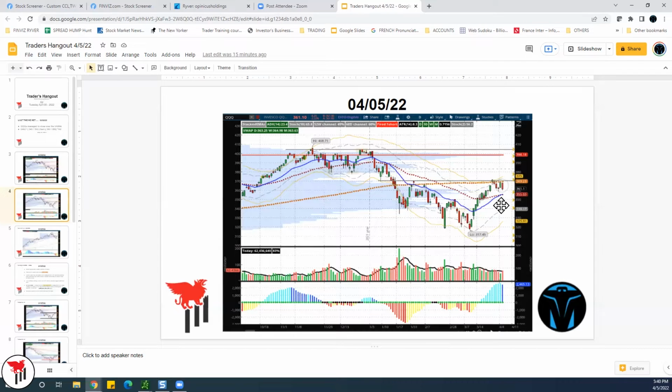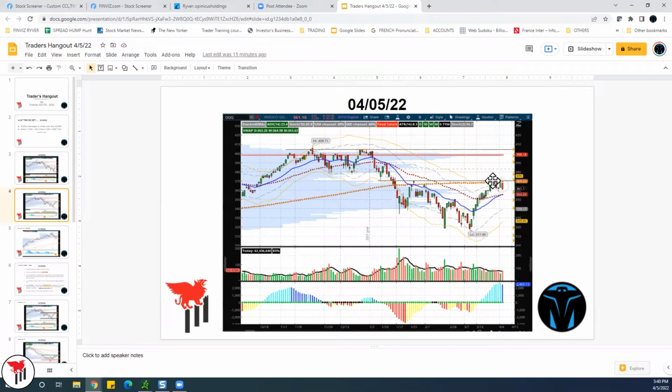We have a 3-day pullback right into 350, 360, I think 360. So for those of you that are part of the Opinicus community, we have that called out as a swing trade last Wednesday, posted, executed. That was a pretty good trade. I paid for 3 days, and that was a 3% move, 3 or 3.5% move in the underlying in the market that we managed to capture if you were paying attention or if that's your type of trading.